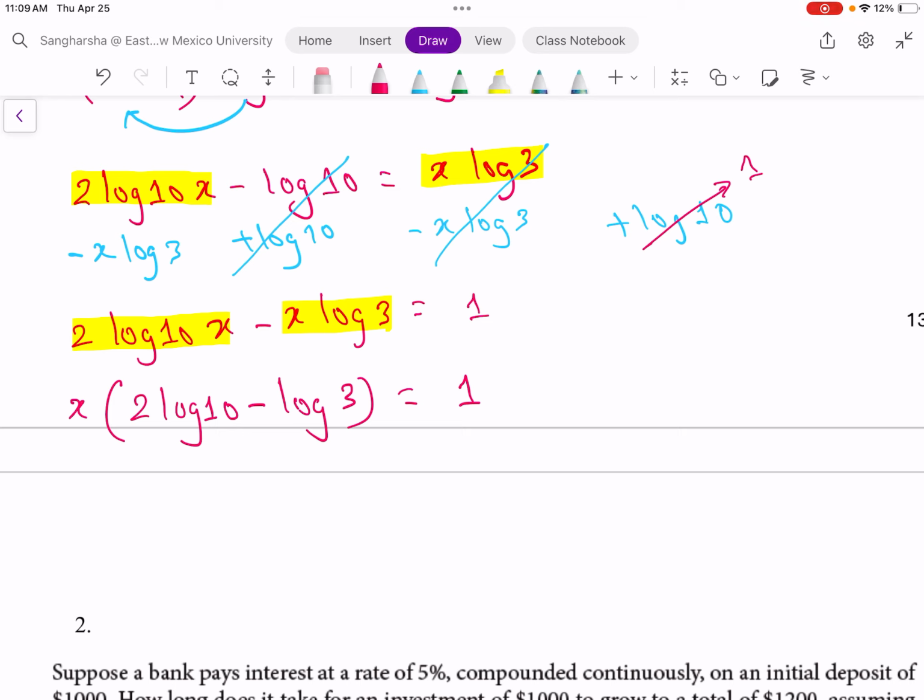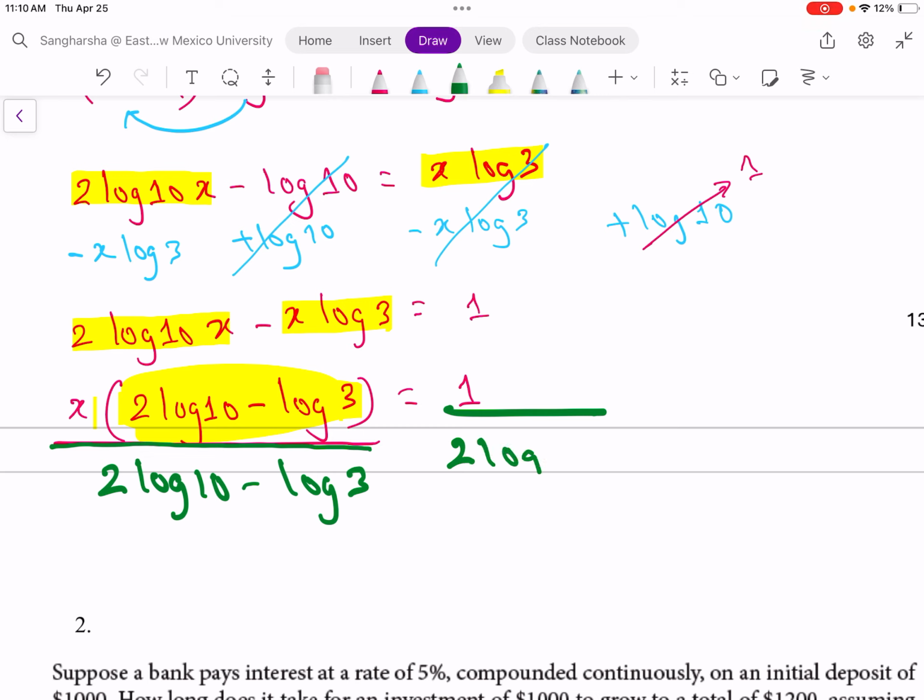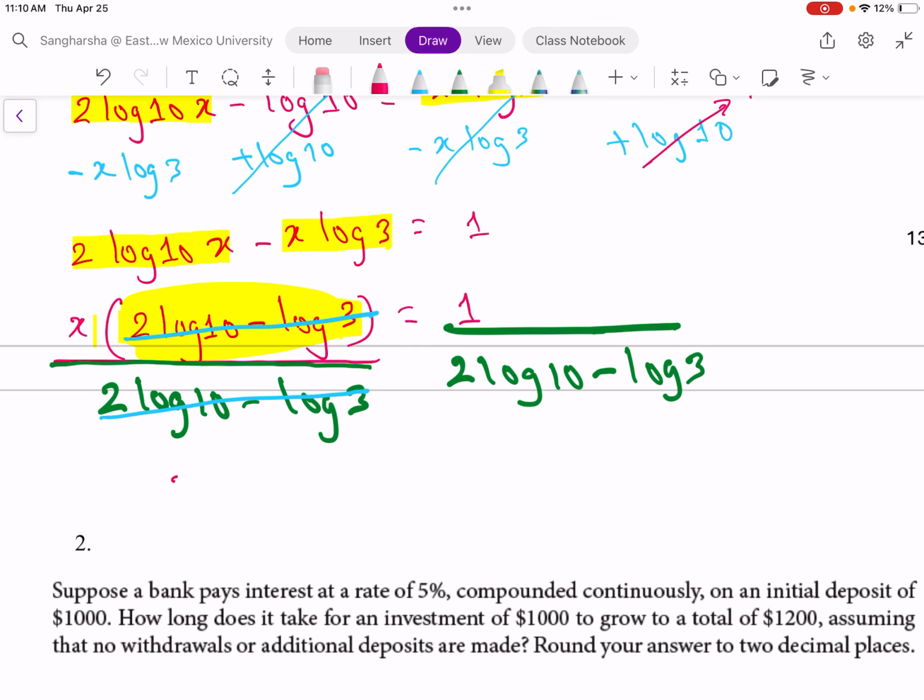Now how can we make x alone here? Our x has this number. How do we get rid of this number from x? Divide by the same number, right? We have a product here. So we divide both sides by 2 log of 10 minus log of 3. So we can cancel this expression and this expression, which is just a number. So we have x equals 1 over 2 log of 10